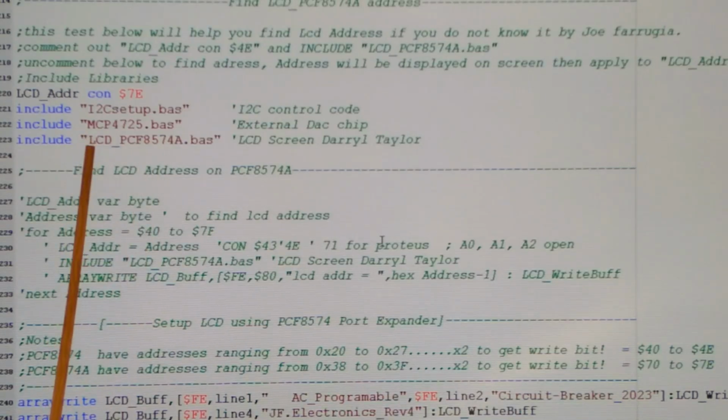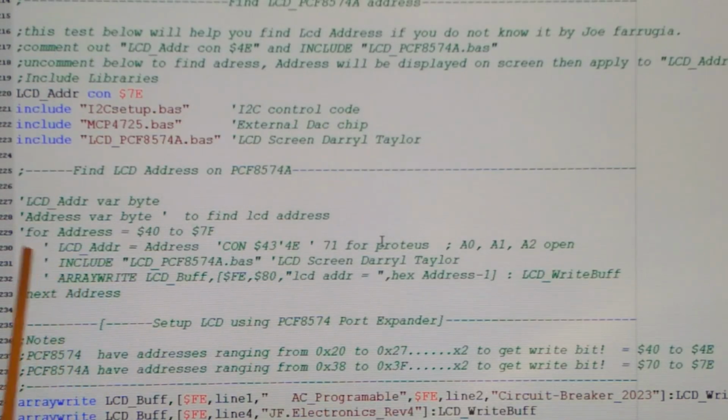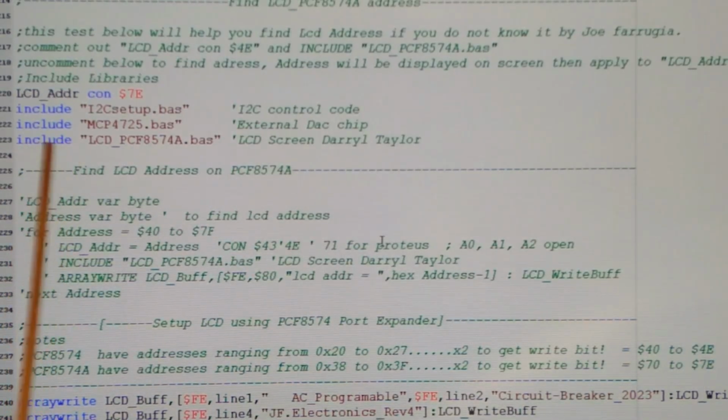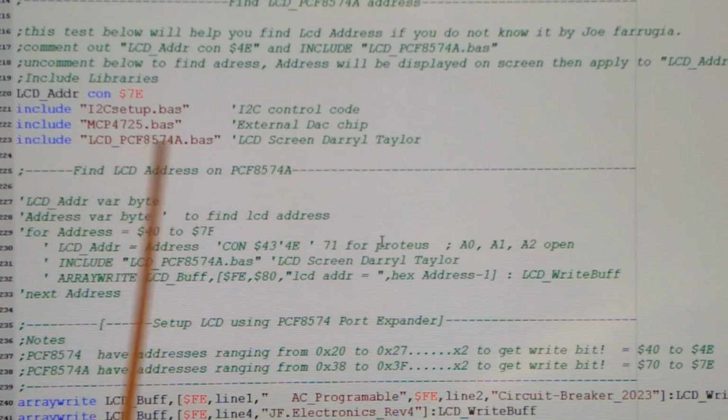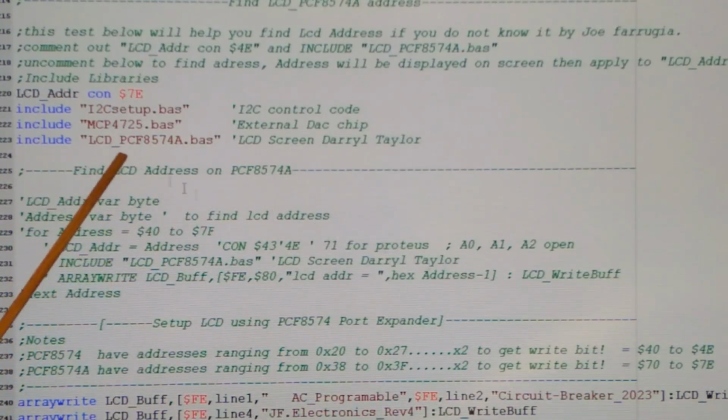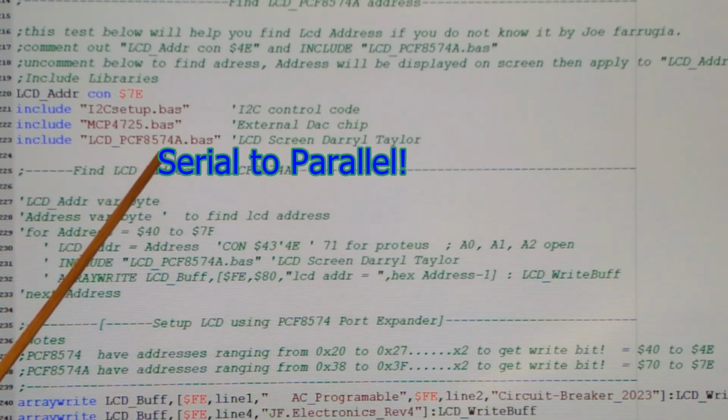And for example, in Pic Basic Pro, later on I realized that you can have include files, which I learned on my own, trial and error, watching examples and stuff like that. I did have a book that I bought, so you can add include files. So I'm using one of Daryl Taylor's include files here to run the parallel to serial chip